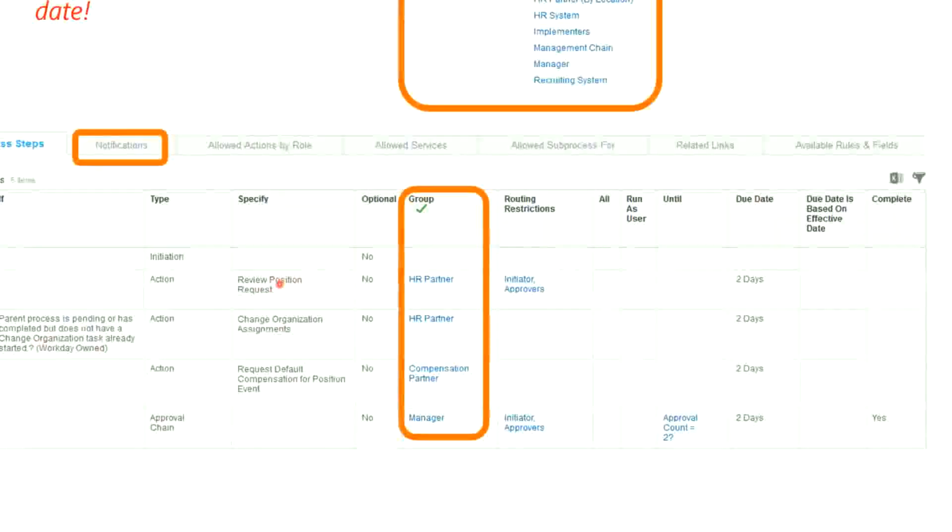Who is going to review the position request? HR partner. Who is going to change the organization assignments? HR partner. Who is going to request the default compensation for position? Compensation partner. And then there will be an approval chain, a chain of approvals starting with